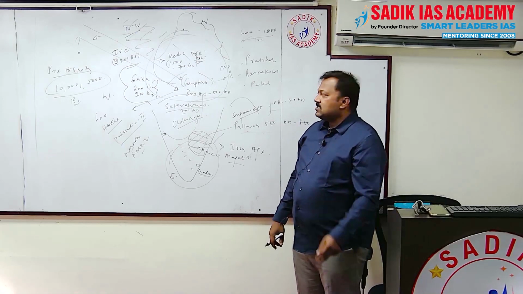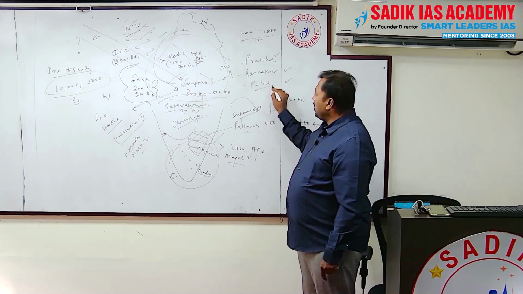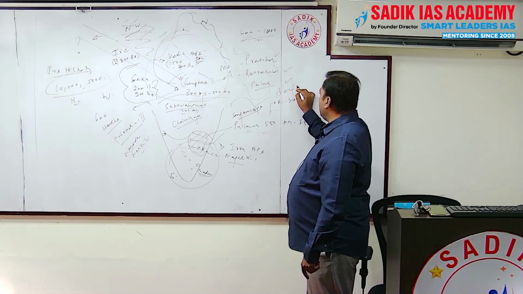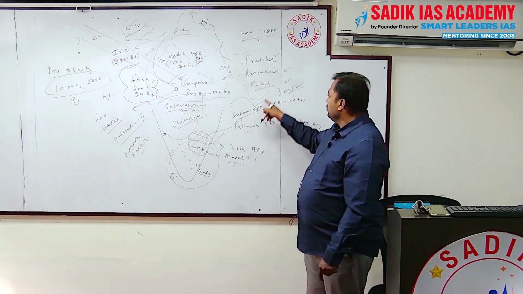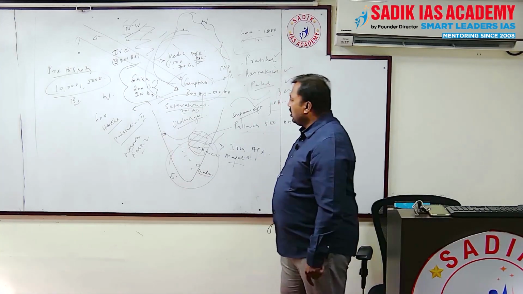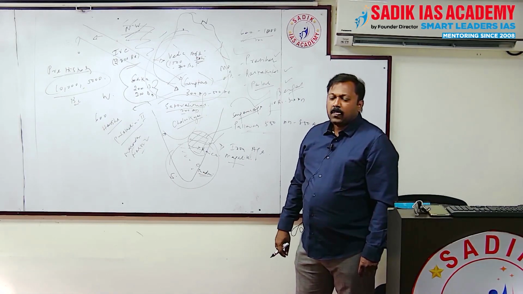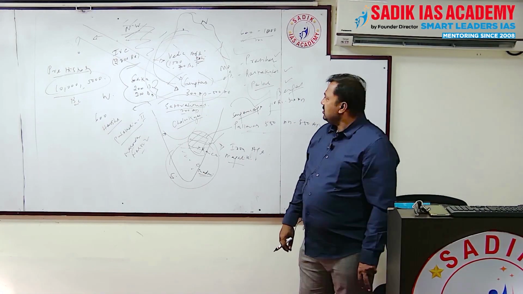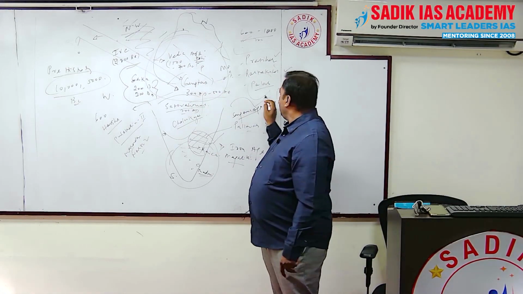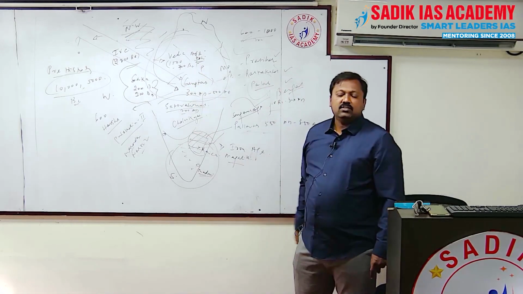Which are the three dynasties I said? One is Pratihara, another is Rashtrakuta, another is Palas. Palas, from this place where I have written Palas, this is Bengal in your map, no? We have Palas. Rashtrakutas, in this place. After the Chalukyas, we have Rashtrakutas. Are you understanding this? Sir, what happened to Pratiharas? In the northern part of India, these three dynasties, Pratihara, Pala, Rashtrakuta, fought.